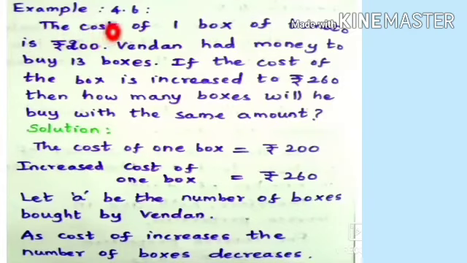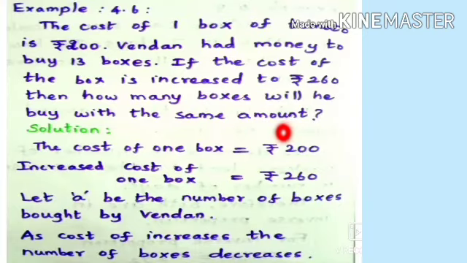Now students, let us see example 4.6 problem. The cost of one box of tomato is rupees 200. Vaindan had money to buy 13 boxes. If the cost of the boxes increased to rupees 260, then how many boxes will he buy with the same amount? See, the cost of one box of tomato is rupees 200 in the first case. Vaindan had money to buy 13 boxes. If the cost of one box increased from 200 to 260, then how many boxes will Vaindan be able to buy for the same amount,